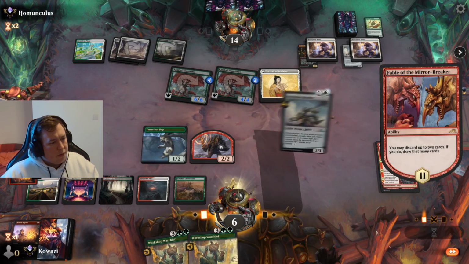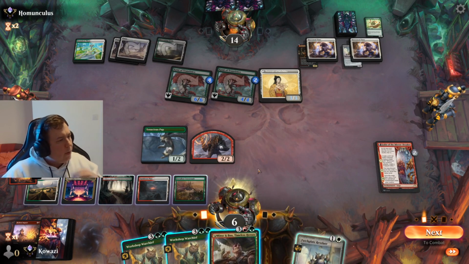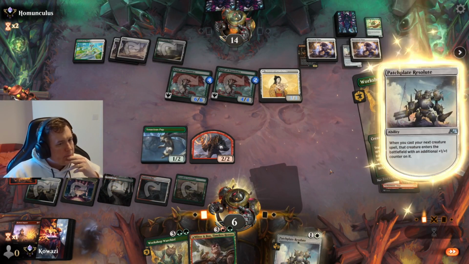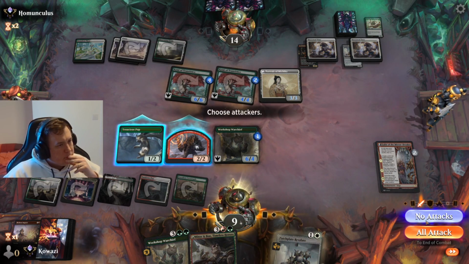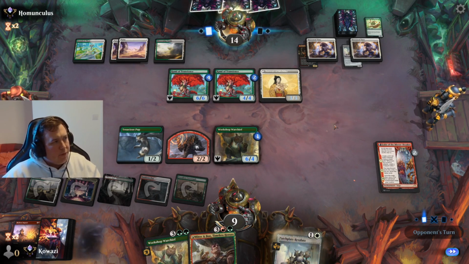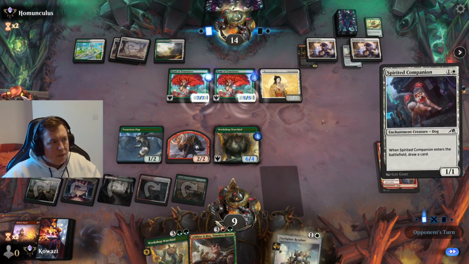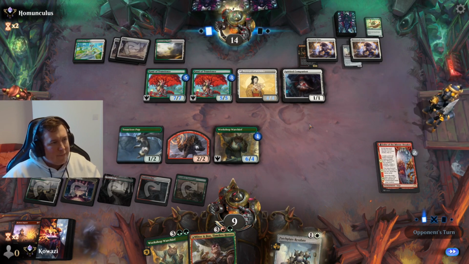Okay, discard that one. That's interesting. See how much more removal our opponent's got, because that is what will get us. These camis we can, I think, eventually deal with, but